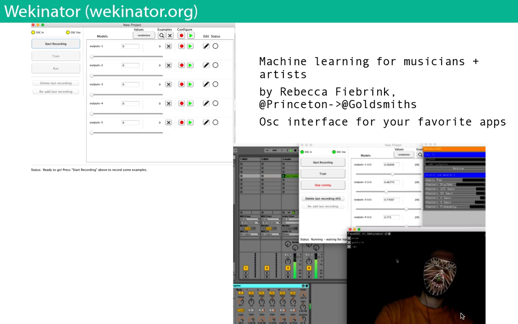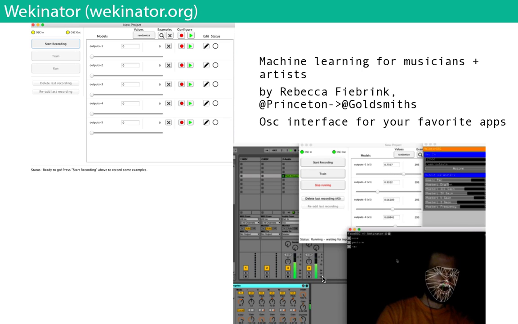This is me in front of a webcam, and I'm using Face Tracker. It's like an openFrameworks application that tracks your face, right? I'm taking all the data, like this mesh that's tracking my face, and I send it to Wekinator, and those become the inputs to a neural network. So this is like 100-something points that goes to a neural network, and I assign it to a set of output points which control Ableton Live.